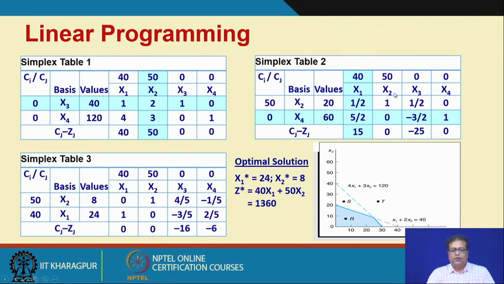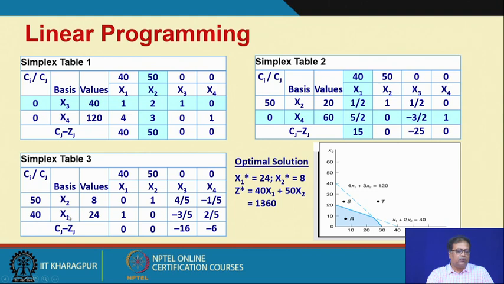Like this we fill up all these variables. So, this 4 will become 4 minus 1 into 3 by 2, so 5 by 2. And since x2 has now come into the basis, these remaining values will be 0. Is that all right? So, like this we fill this table and we get simplex table 2, right. And then from there we obtain simplex table 3, by suitably transforming these variables. Now, again x4 becomes the bottleneck resource. So, x4 is now the leaving variable and x1 will be the entering variable.